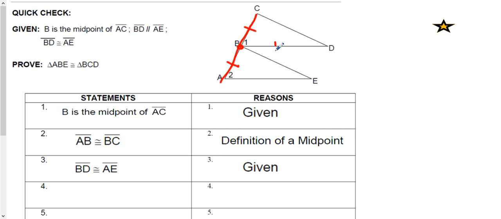BD, this piece, two marks this time, is this one. So now we'll go to the parallel, and I'll show you the reason I save that for last. BD is parallel to AE, that's given information. Remember that when they give you parallel lines, they're trying to tell us